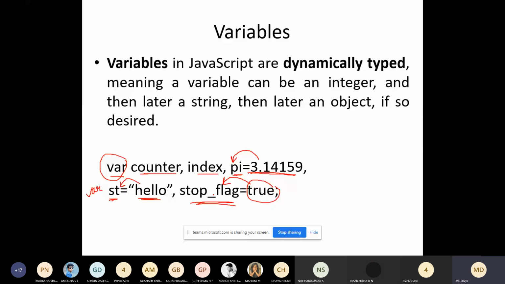The variables in JavaScript are dynamically typed, meaning that a variable can be assigned an integer and later can be assigned a string and then later an object, and so on.